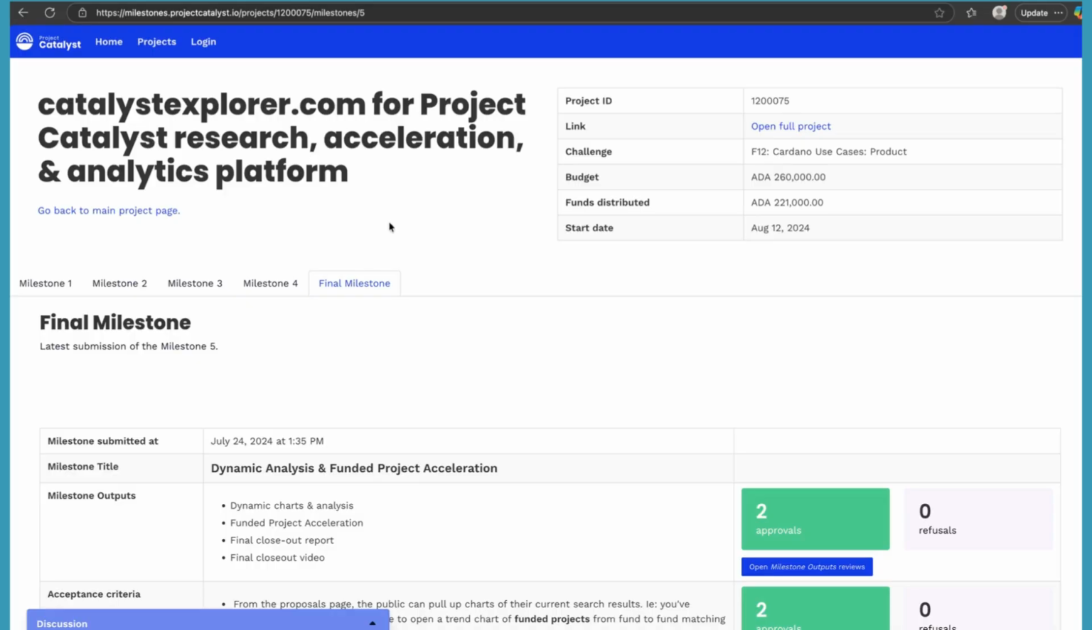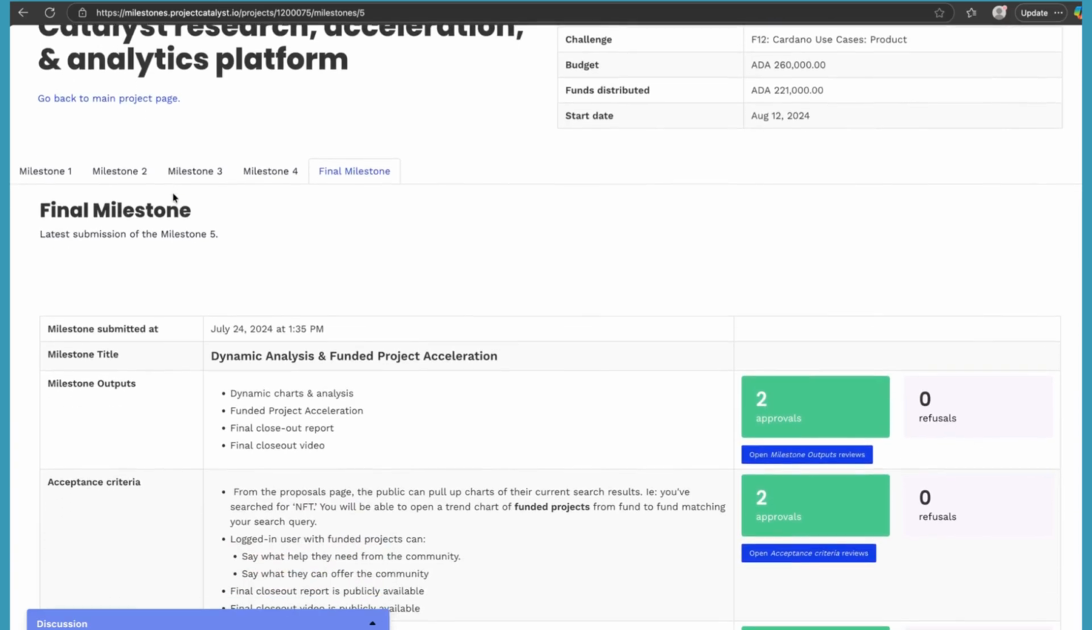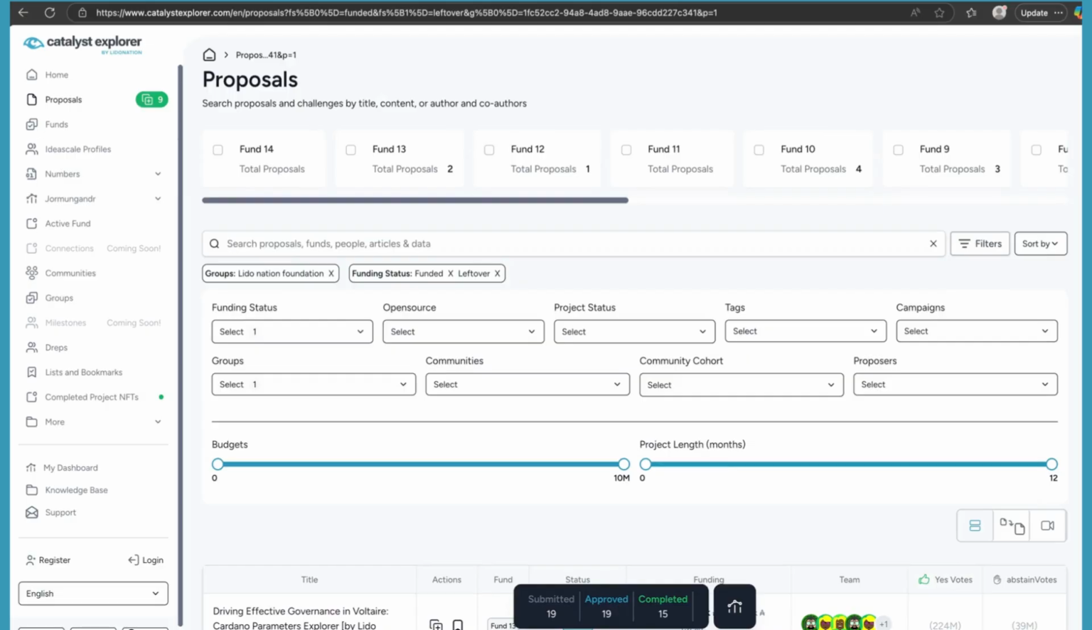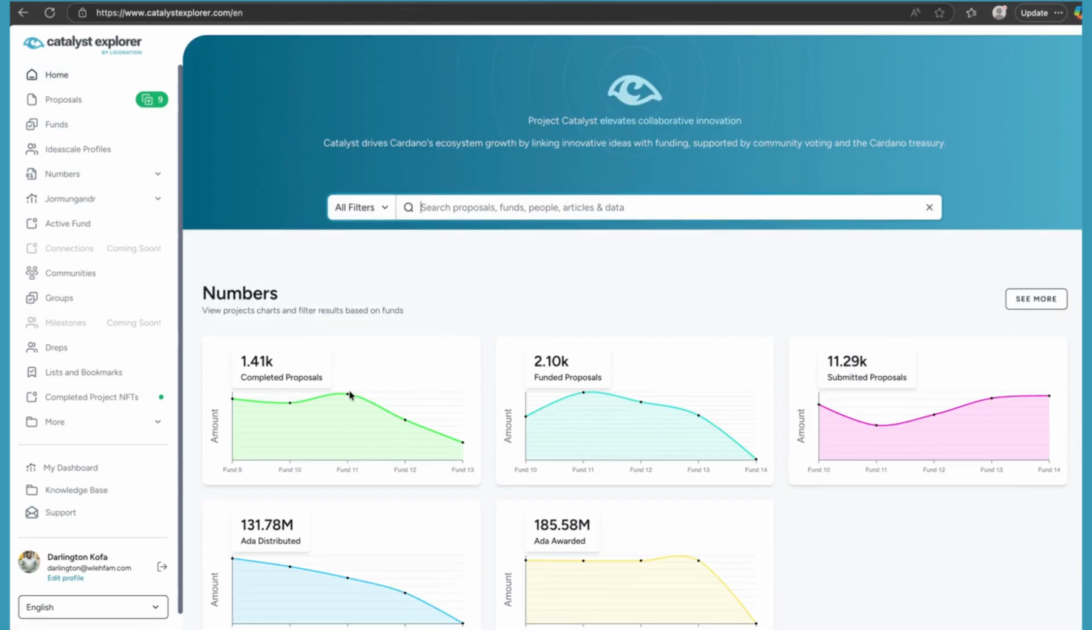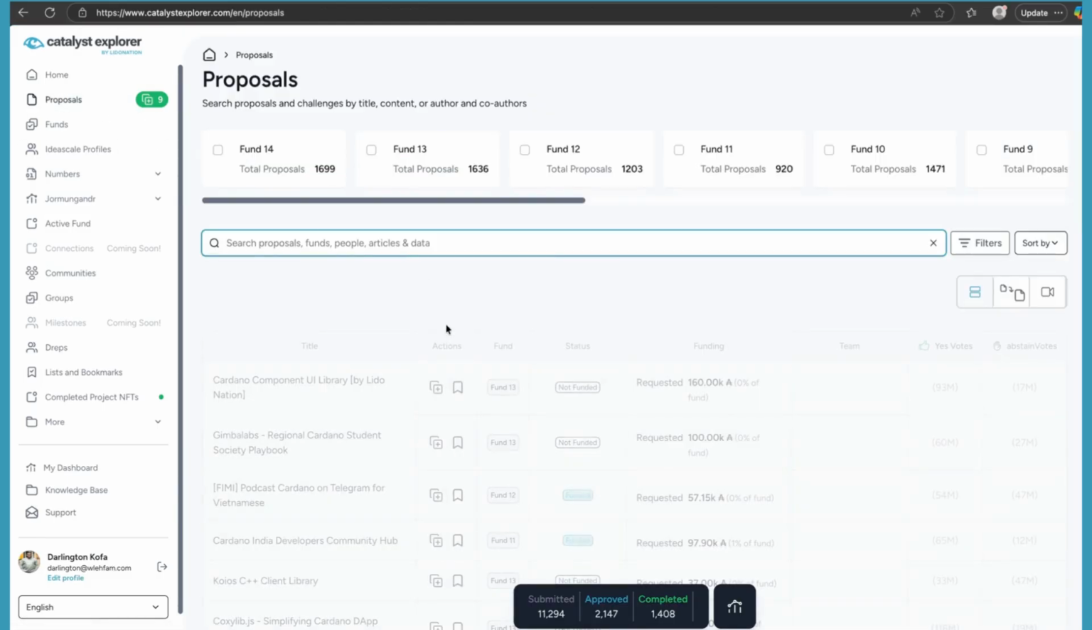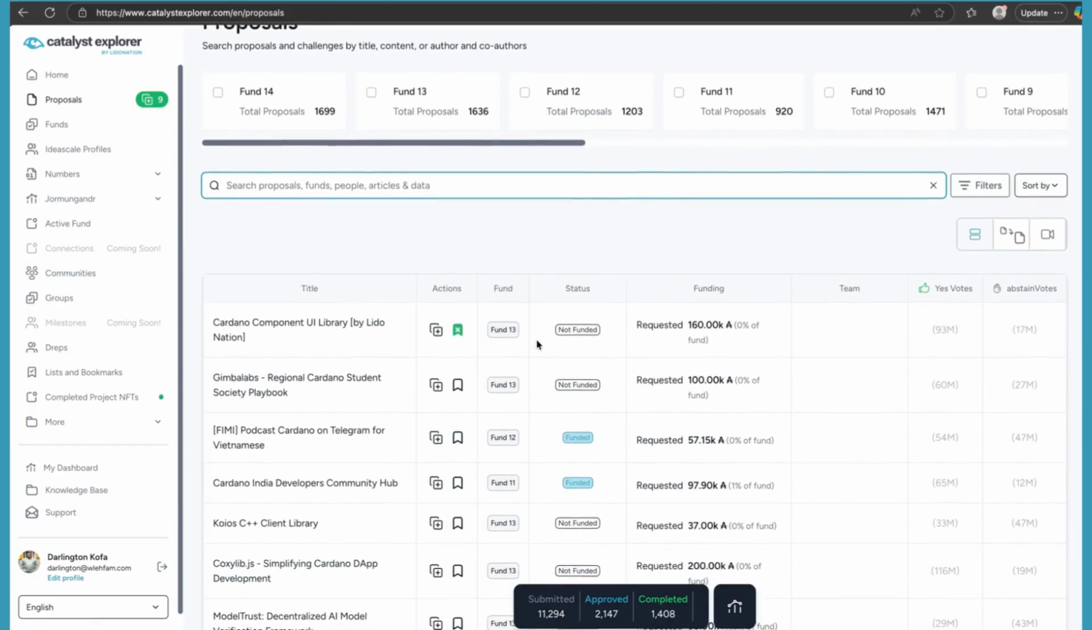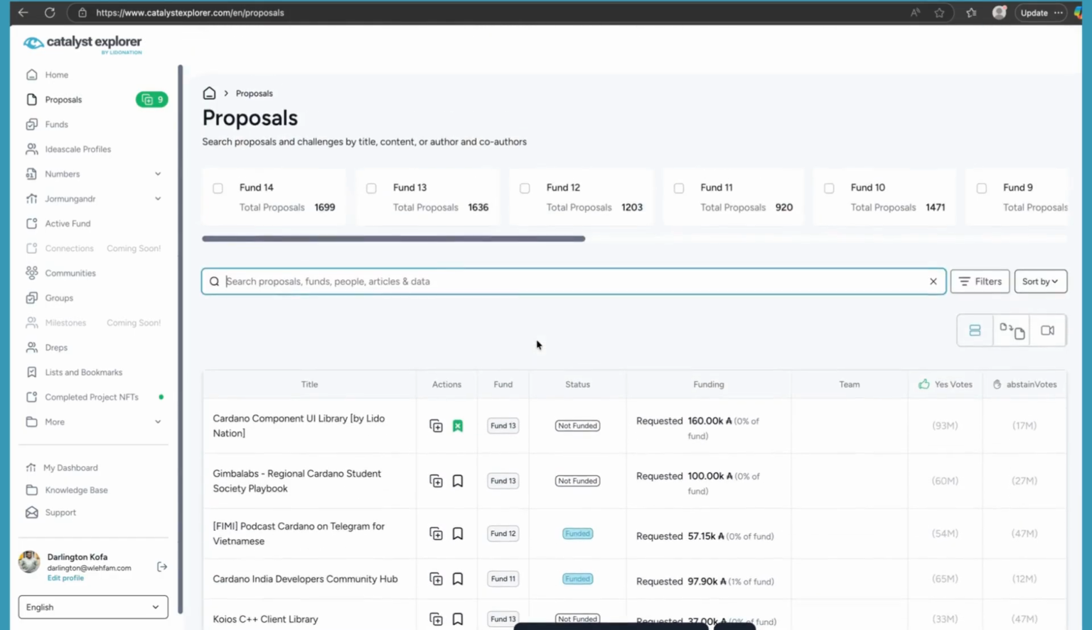CatalystExplorer.com for Project Catalyst research, acceleration, and analytics. The first item on the list is dynamic charts and analytics. This is how we've tackled the challenge. On a page like proposals, for example, where you can slice and dice, you have